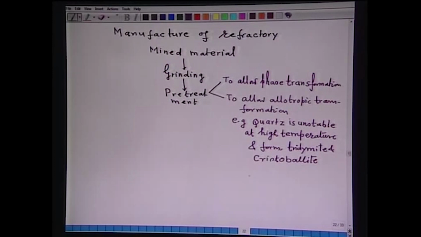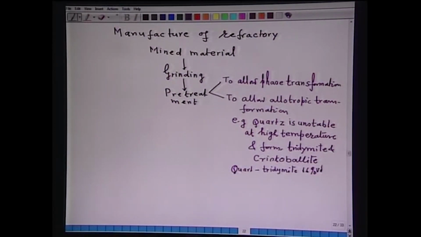Now, what does it mean? That means quartz to tridymite, this transformation is accompanied by